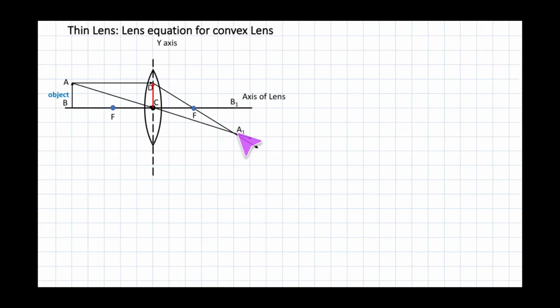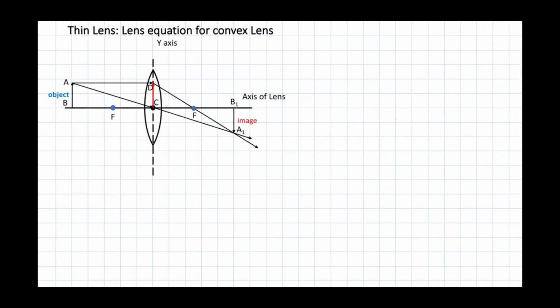Similarly this ray goes straight. Now this is the point where they intersect each other and image is formed at that point. So remember that here we have AB as object. Whatever the length AB is there, same is length CD. And here we got the image having length A1 B1.